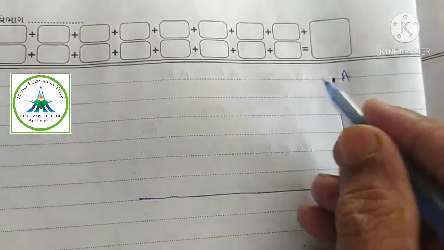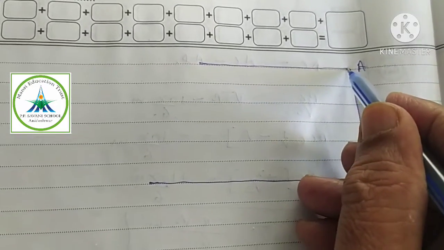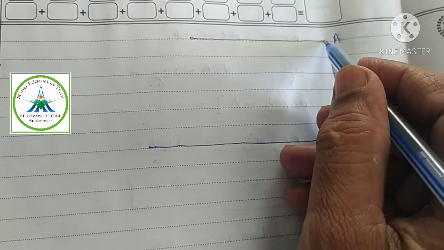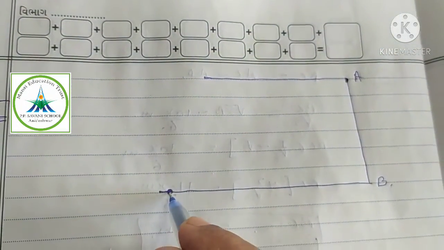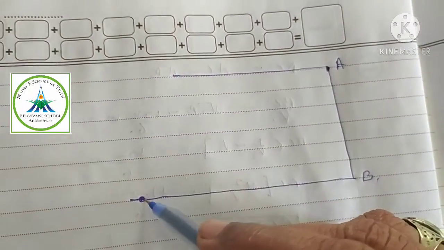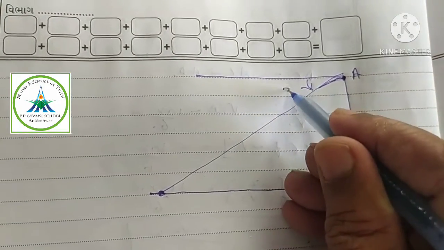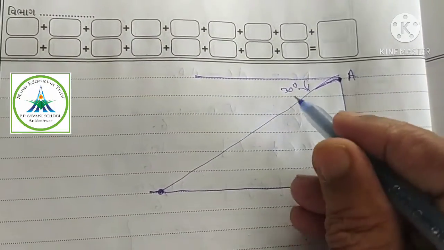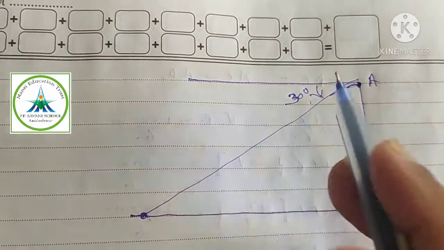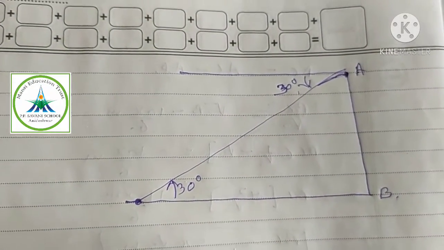If it is said angle of depression or angle of elevation, we must first draw the baseline. Baseline is this. Right? He observes a car. Definitely the car, suppose the car is here at this point. Angle of depression, let's join this car to the top of the tower. This angle of depression is 30 degree. Clear? Therefore, this angle is also 30 degree, alternate interior angles, right?